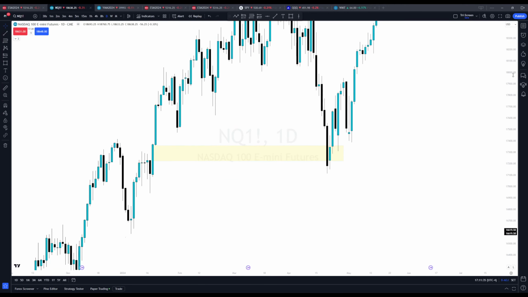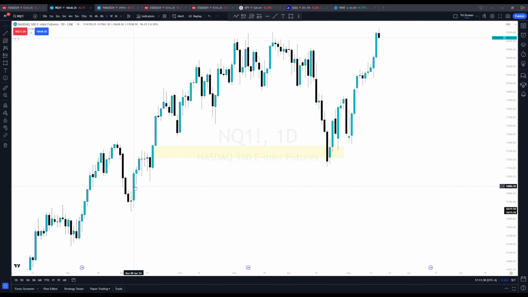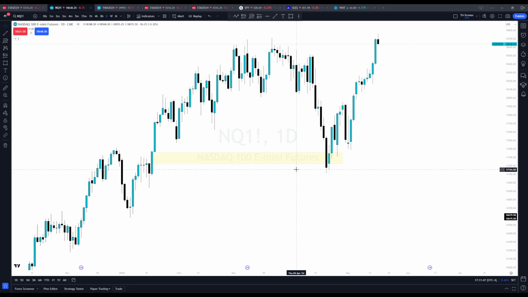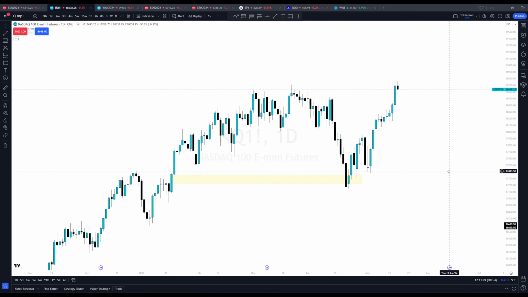Another thing is we still have one more down here, so at some point in time, I could see the market coming back down here, and then coming back in here. But that gets more into my overall bias over the following year and whatnot. But we won't go that far.